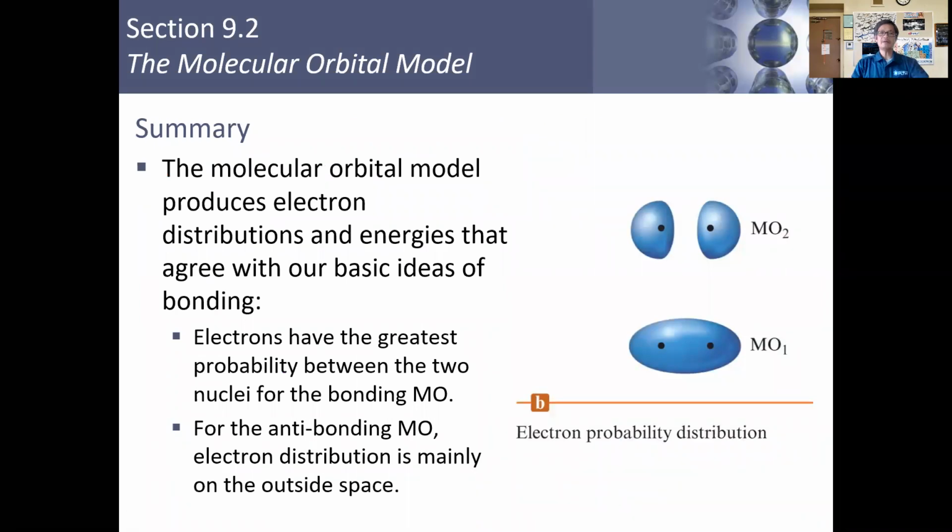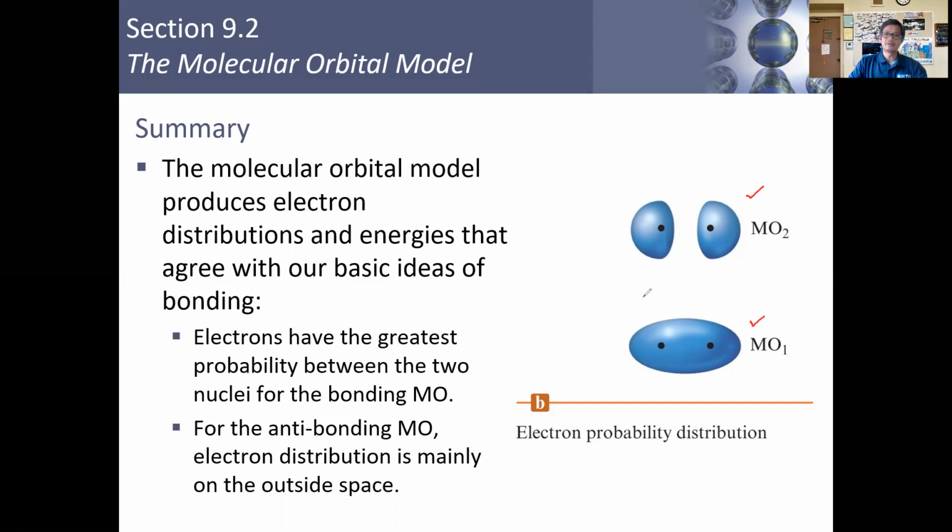Okay? So remember, we are saying that these two orbitals represent the distribution of the electrons within a molecule. And so this represents the favorable state, and this represents an unfavorable state. Okay? And the way that these molecular orbitals behave is very similar to the way that atomic orbitals behave. So we can use the same basic ideas that we use for understanding atomic orbitals and how electrons fill atomic orbitals to understand how they fill these molecular orbitals as well. Okay, so